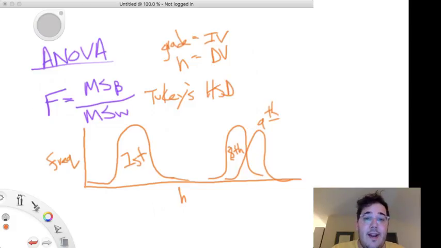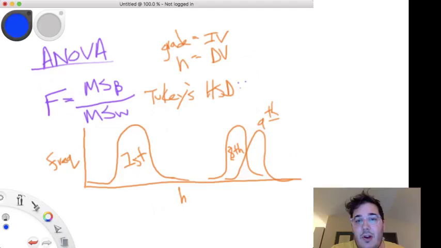And it will generate a number, some value. If the mean difference of your levels is greater than the value you calculate for Tukey's HSD, then you can say that those 2 levels are different from each other. So to calculate Tukey's HSD, it's a crit value